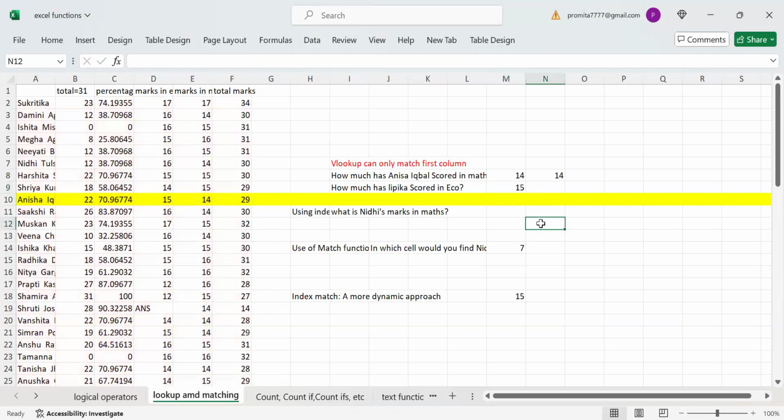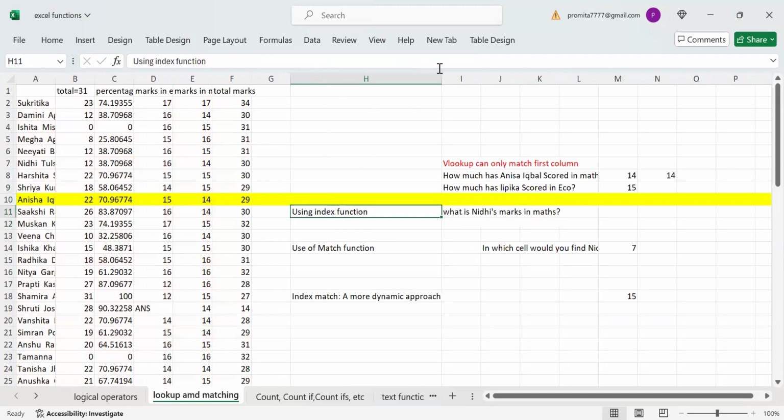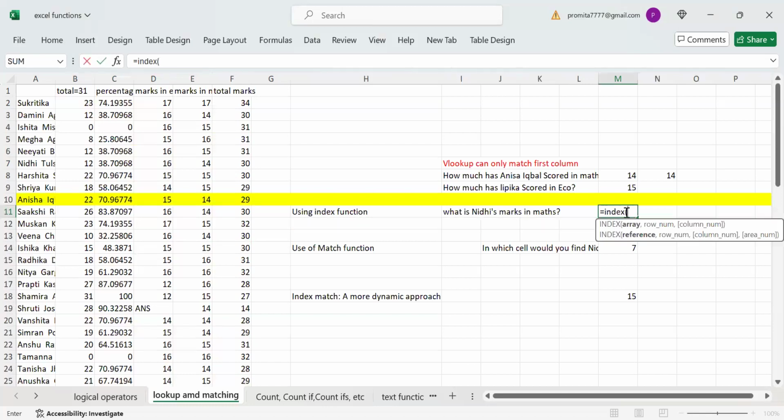Okay, next let's move on to using the index function. So the next question is, what is Nidhi's marks in maths? Instead of VLOOKUP, I can also use the index function. What is the advantage of index over VLOOKUP? That I'll tell you next. So in the index function,